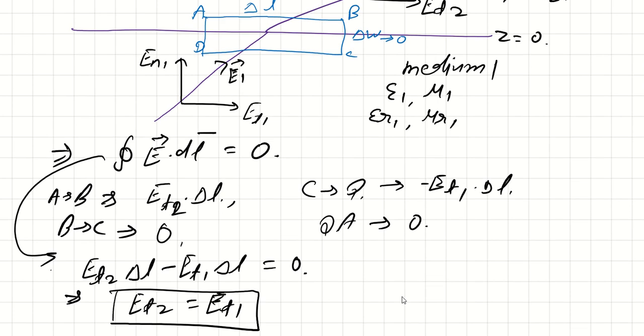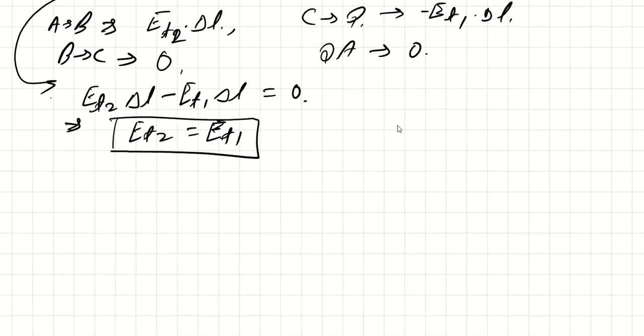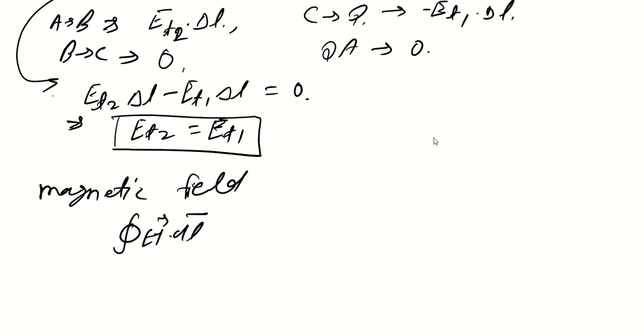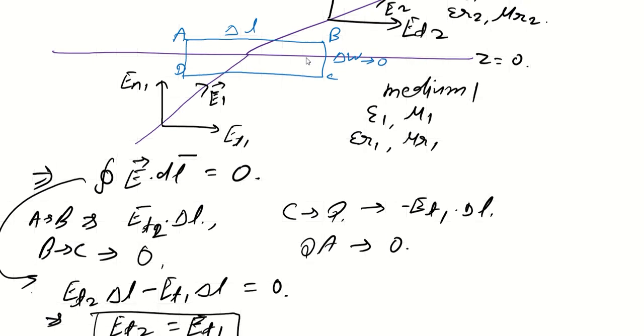Alright. From the same relation we can utilize for magnetic field. So for magnetic field, what will happen? We have Ampere's law, H dot dl is equal to I, right? Now if you see H dot dl, similarly we do the dot product, and we will see the normal components, in this direction it will become 0 and only this direction will remain the same. So it will give us